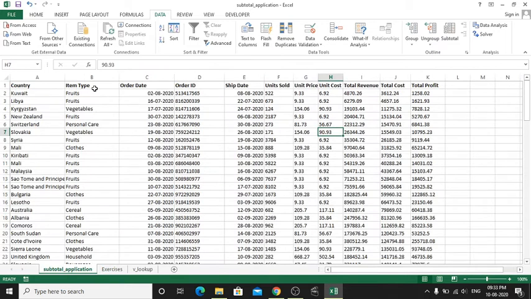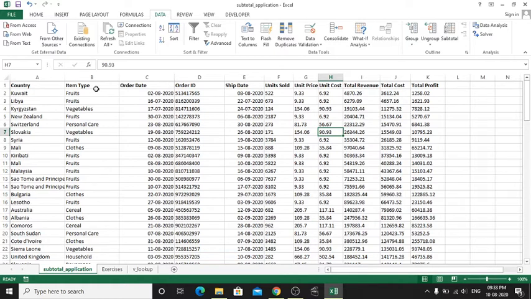Under the item type we have fruits, vegetables, personal care, clothes, beverages, cereal, etc. According to the column item type, he wants to find the total of total profit. When we look at this table, we can easily find which function we have to use.